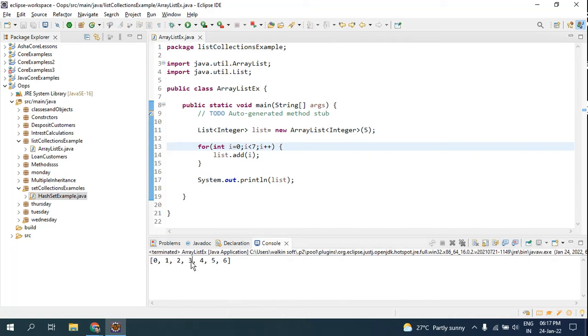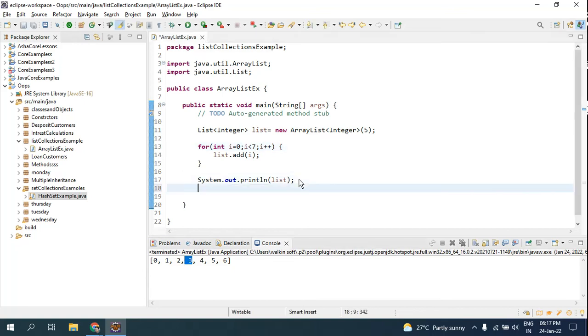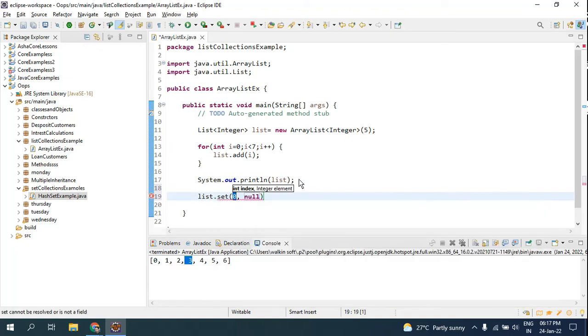Now in place of 3, you have to replace a number in your list. So how you are going to do that? You have inbuilt methods in array list. So list dot set is the method, and here you have to mention the index what you want to change. So what is the index of 3? 0, 1, 2, 3. So the index is 3, and the second parameter should be what you want to replace. I want to replace it with 101. Now if I check my list,